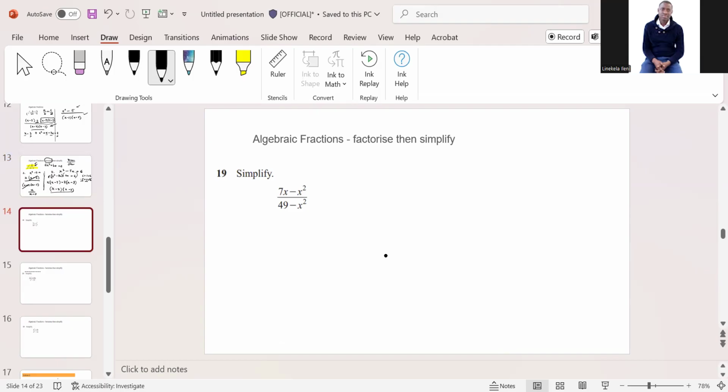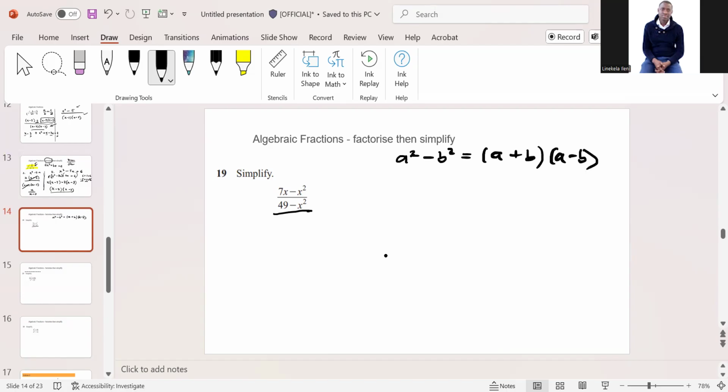All right. So with this now, let's take a look at this guy. Again, I identify my numerator and then I identify my denominator. Is there anything related to difference of squares here? No, 7 is not a square number. Then I look at this guy and I realize, okay, 49 is a square number. So these could be difference of squares, where a squared minus b squared equals a plus b